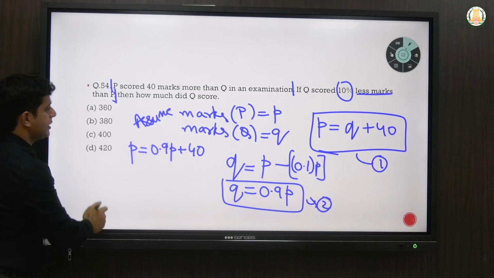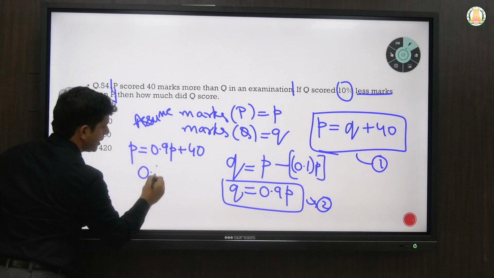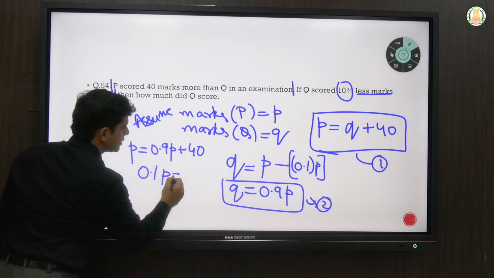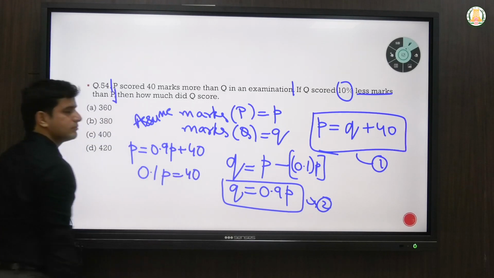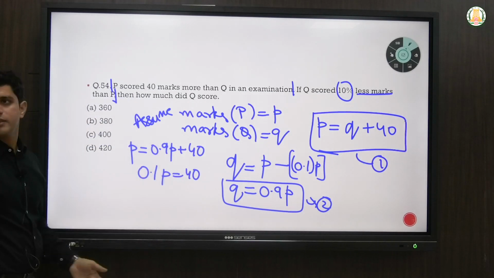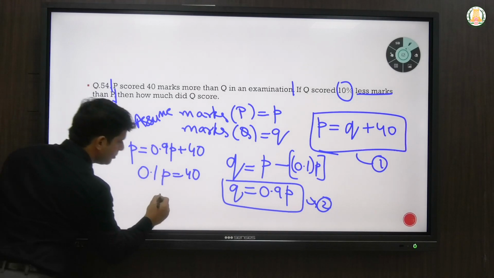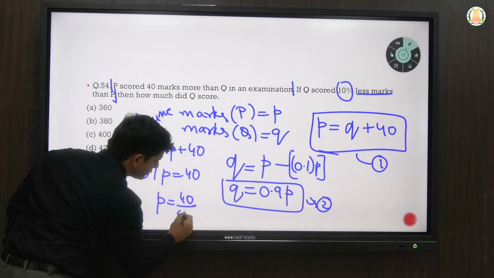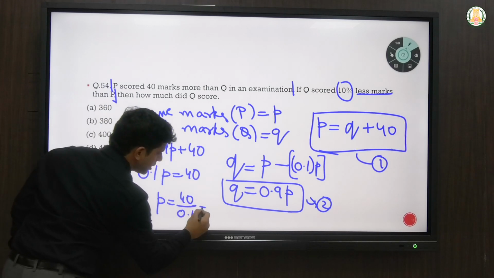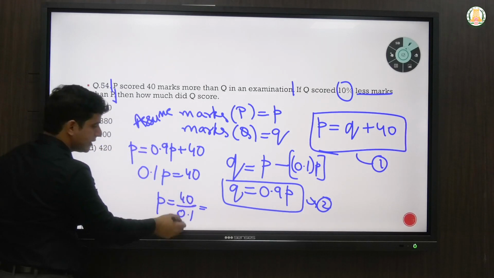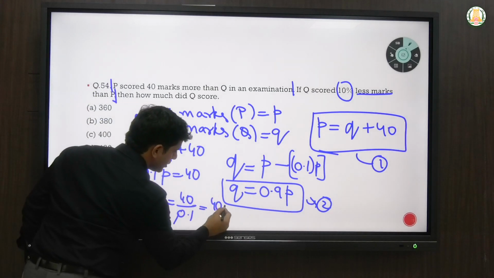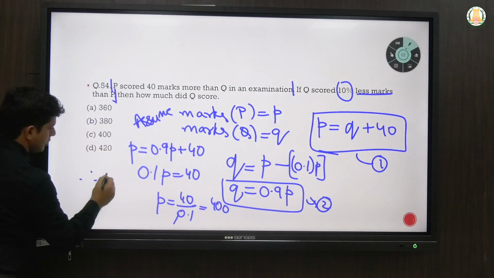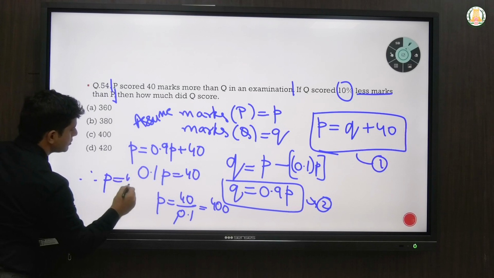If you send P here, it will be 0.1 P is equal to 40. Okay, P minus 0.9 P is 0.1 P. So P will be how much? 40 by 0.1. You multiply 10 and 10, numerator and denominator, you will get 400. So you got P as 400,